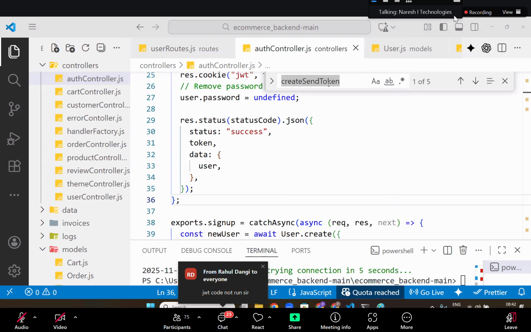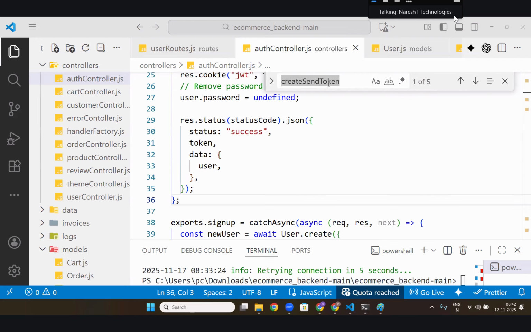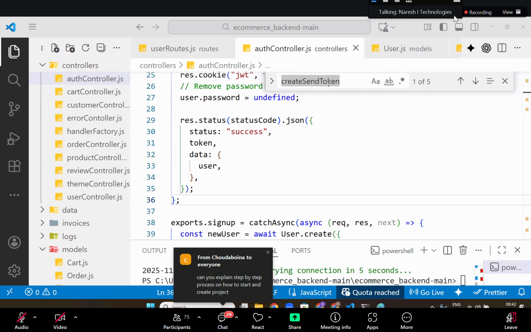JWT code is not running, sir. Means your JWT code is not running. If you have any error, you can tell me that error and I will tell you. Can you explain the step by step process of how to start and create the project? That is what I told, right?